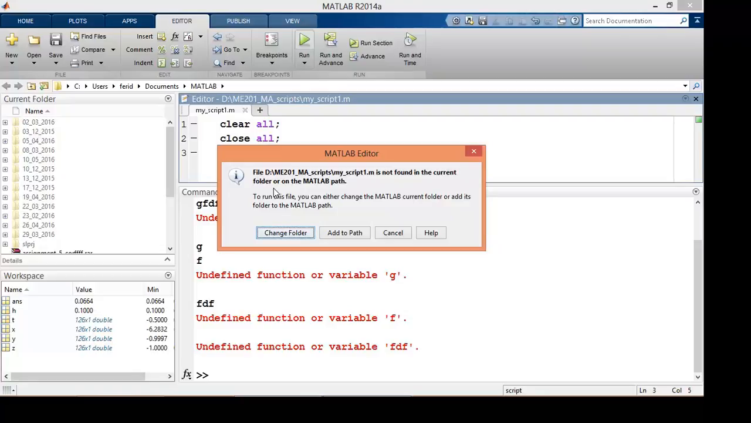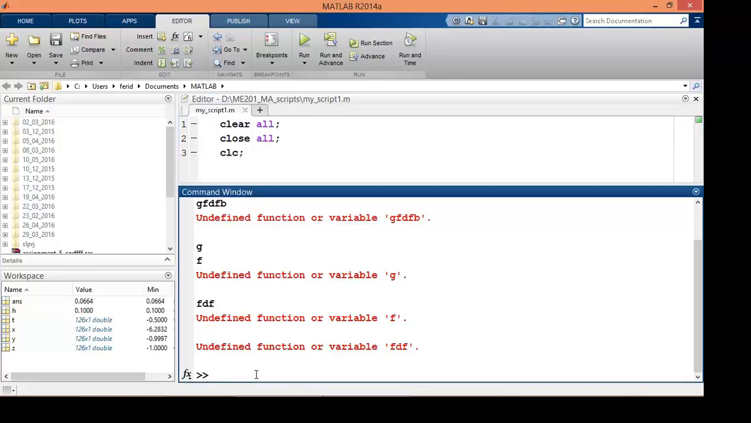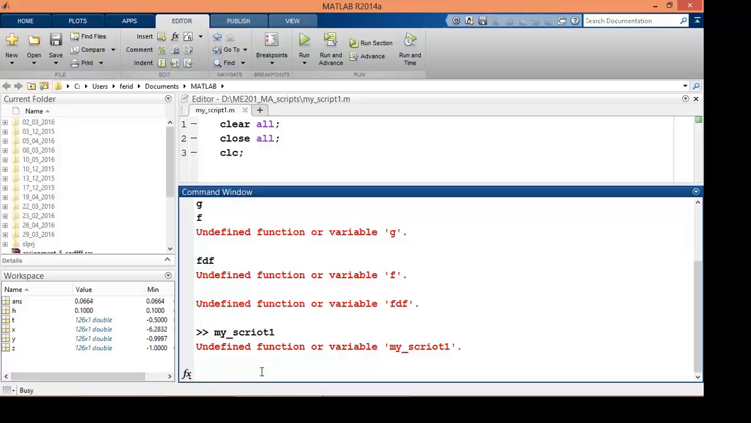Or if you run it, look, for example, if I run this script, my script 1, from the command line, MATLAB would not do anything. Why? Because it didn't know what this function is. It didn't have the address, it didn't have the path of this function or this script. So if you press enter, look,